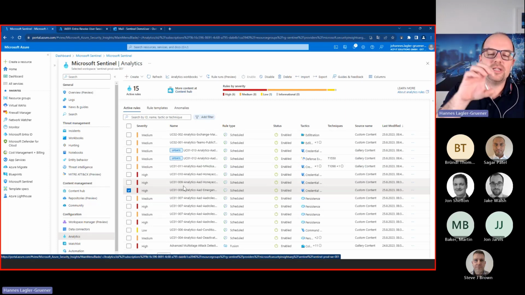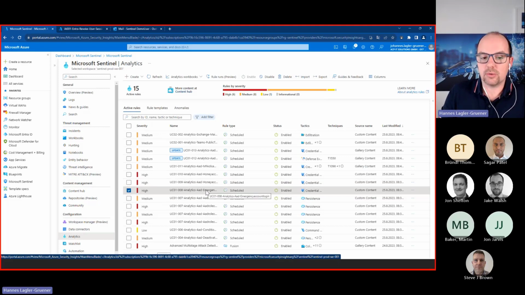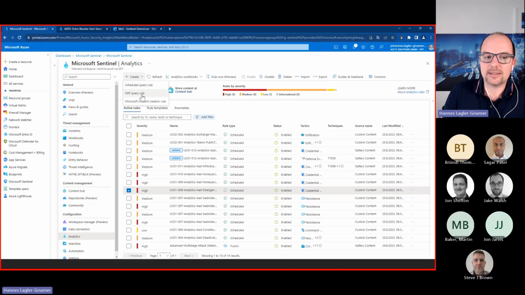Microsoft Sentinel. How can you enable data connectors? How can you ingest your data inside Microsoft Sentinel? And how can you use security rules or analytics rules? If you want to create rules, you have here the ability to create and select